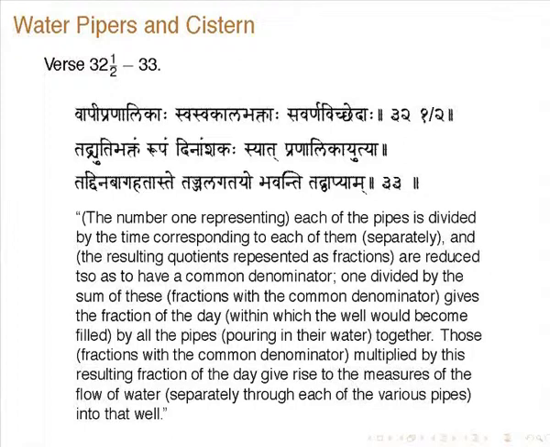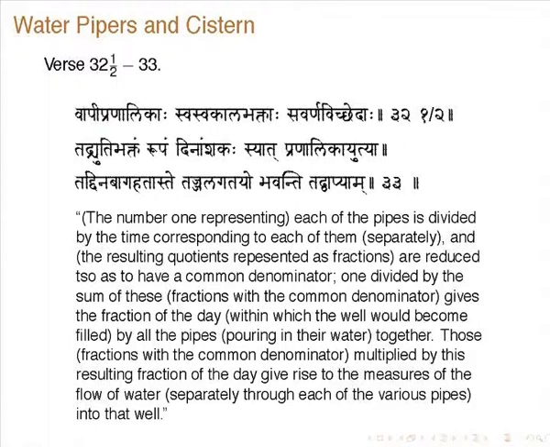The number 1 representing each, the bracket is, as I told you, sometimes where some things may be missing in the verse, but it has to be understood. Okay. So as no Western scholar has objected, so we can take it that it is reasonably, one can assume this. The number 1 representing each of the pipes is divided by the time corresponding to each of them